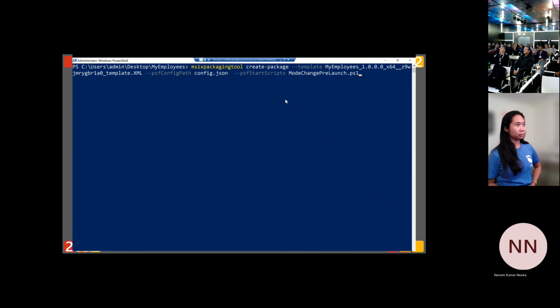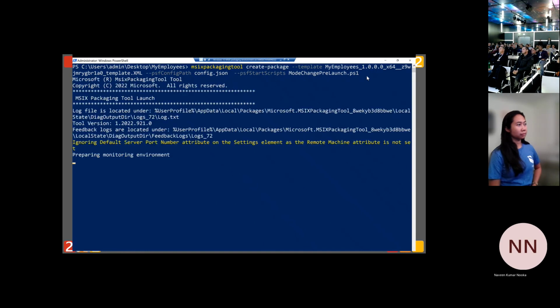So the command I'm using is basically going to take the template file for my employees application. This template file usually gets created whenever you use the MSIX packaging tool's GUI version. Besides that, it is going to take the config.json file and the script that I want to use as the start script or pre-launch script.